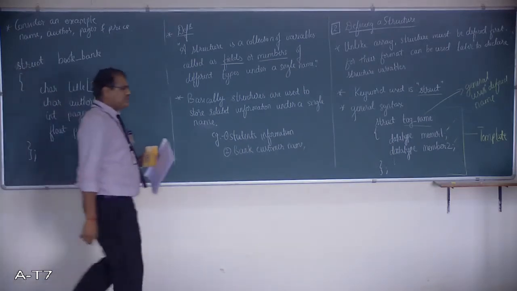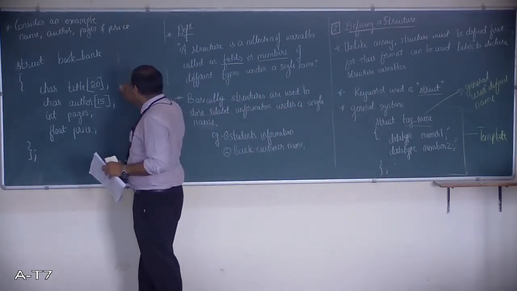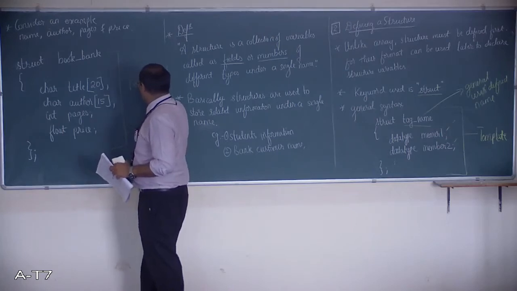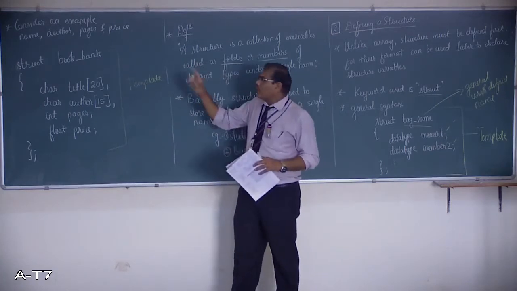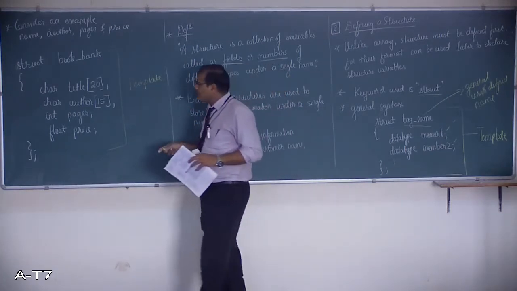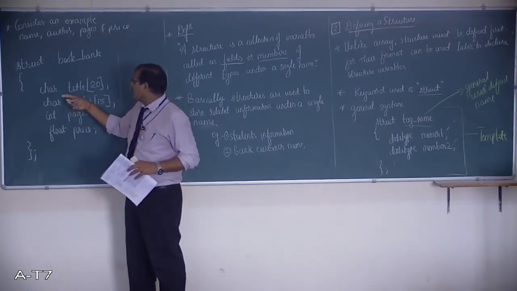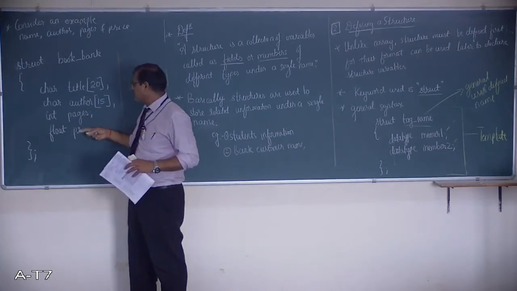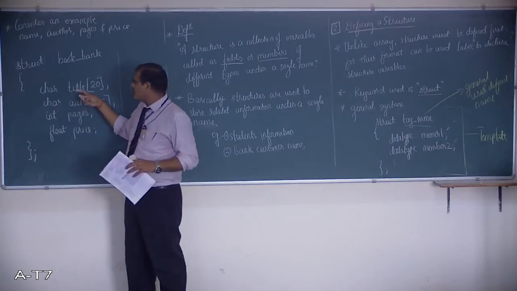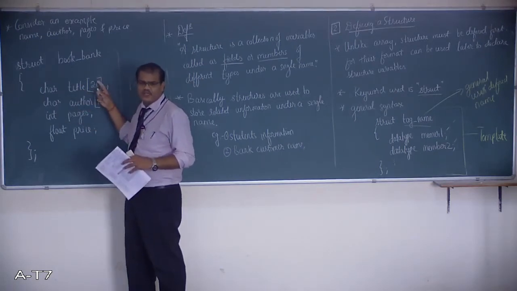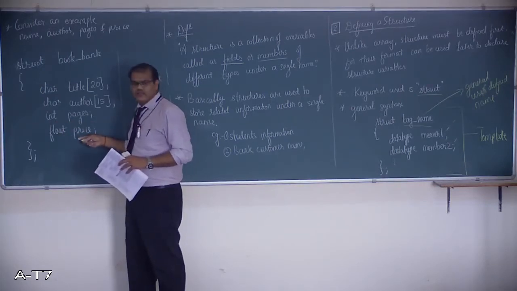Okay, so you can see here in this example, it is very clear. We call this an entire template. Template of struct book information or book bank, where we have 4 members of this structure called book bank. The members are title, author, pages, and price. Title and author are both character data types, meaning they are a string, or a collection of characters. Pages is an integer. Float is used for price.